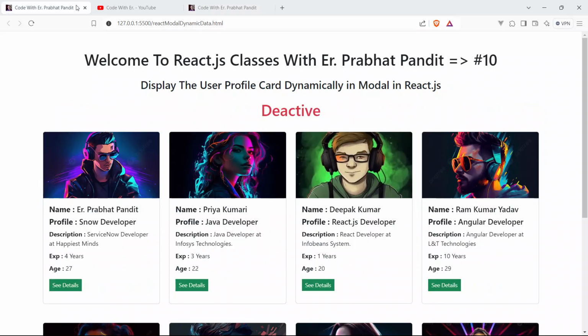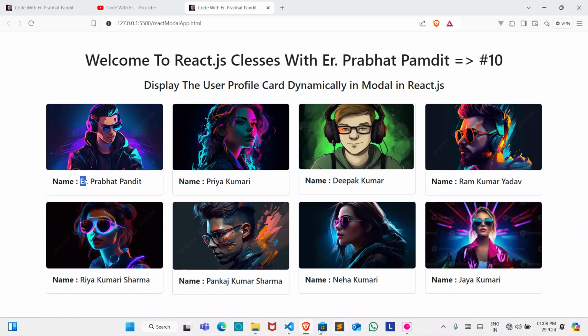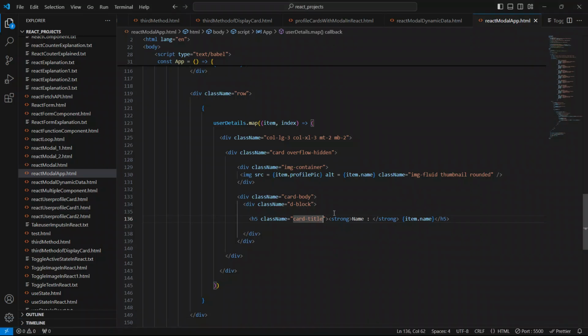Likewise we will show all the details like profile, description, experience, and age, and one button called see details. So we are gonna do it now. Come to the code very quickly, and below this I'm gonna say here